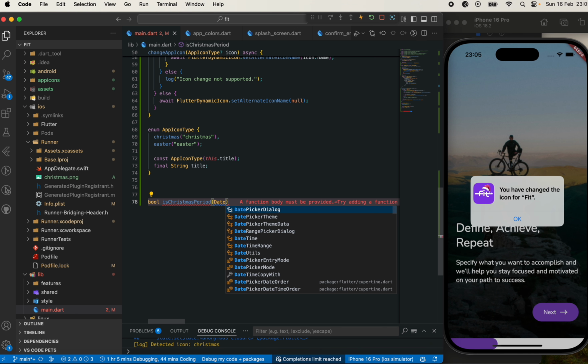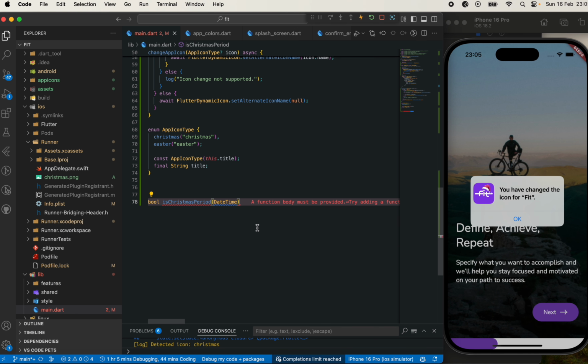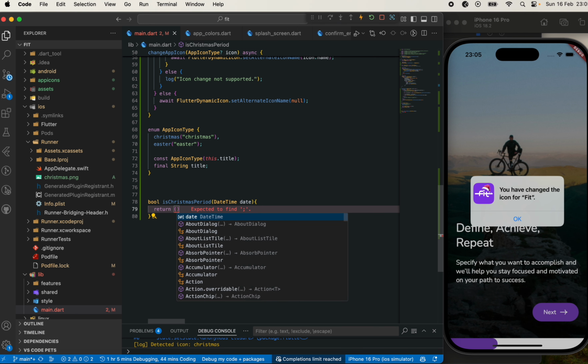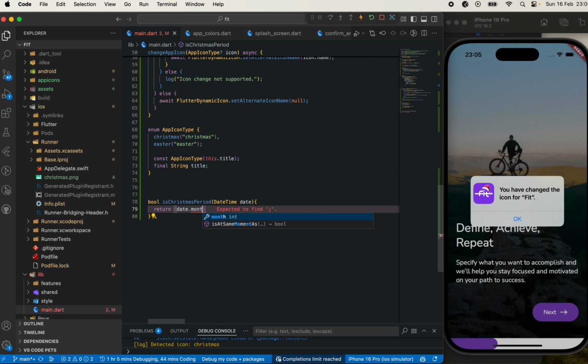Let's say we are passing a datetime here, which by default should be datetime.now, but in cases where we want to make it dynamic. So I'll just check, return date.month is 12, that is, we're in the 12th month,